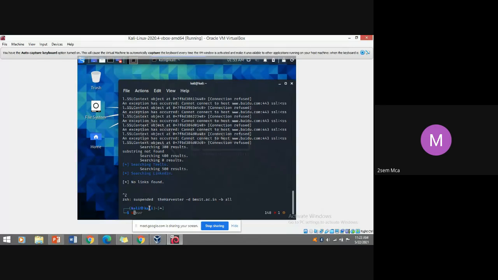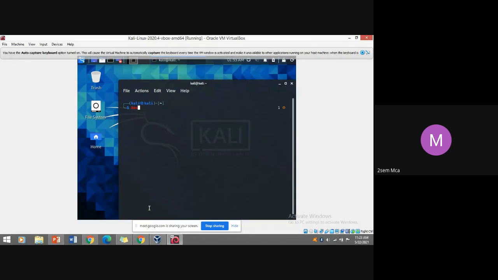So let us demonstrate it here. host, option -t, NS. Let's take Microsoft.com. How many DNS servers are there? According to this, it has 4 DNS servers, domain name servers. Right? Got it? Yes, sir.